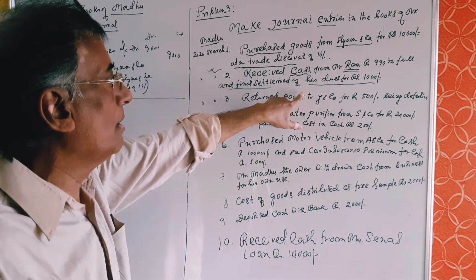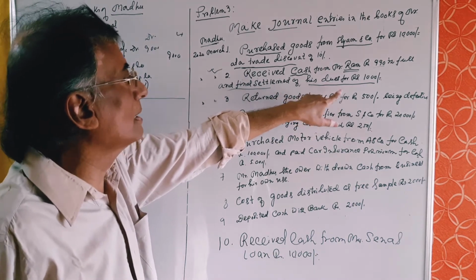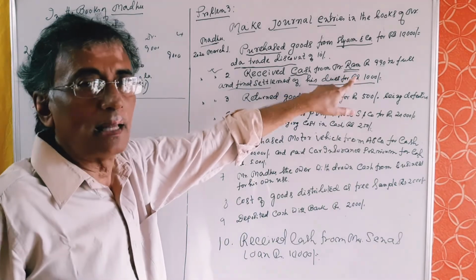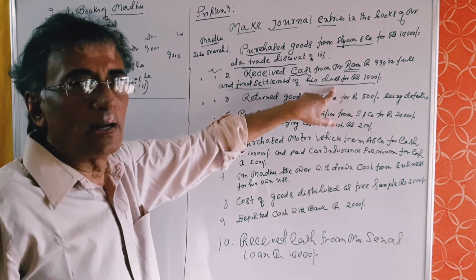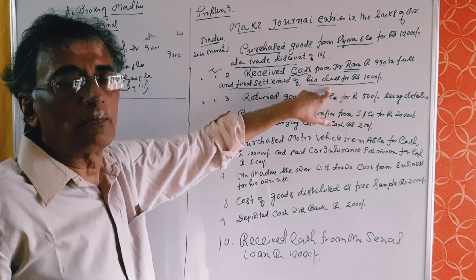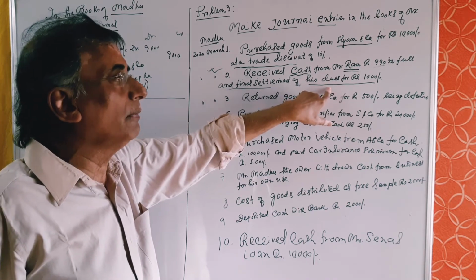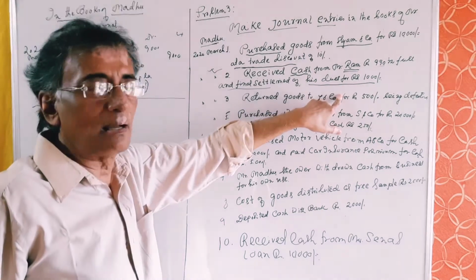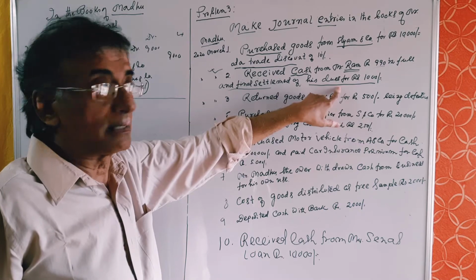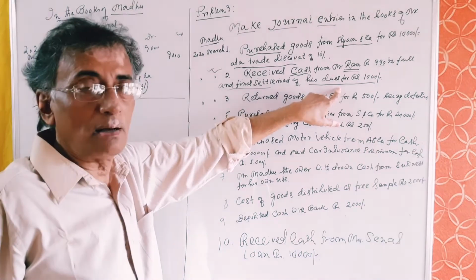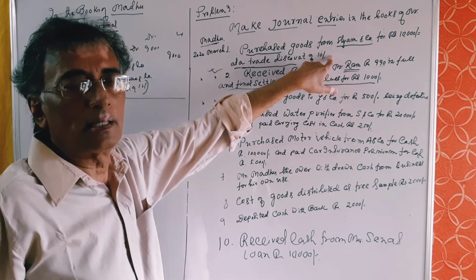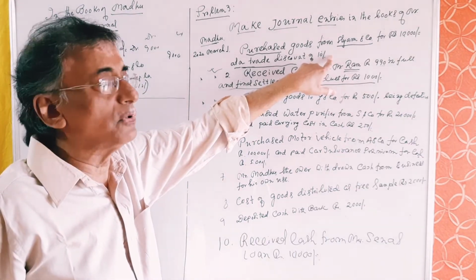The amount due from Mr. Ram was rupees 1,000, but we are getting 990 in full and final settlement of his dues. So there is an element of cash discount. We are allowing rupees 10 as cash discount to Mr. Ram. So this is an example of cash discount. We should record cash discount in the books of account as a transaction, but we do not record trade discount as a transaction in the books of account.